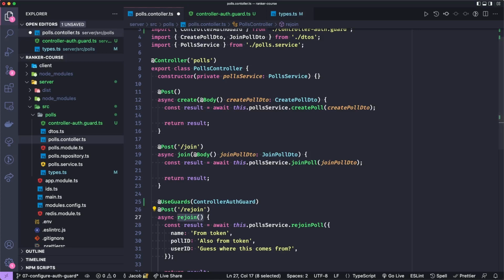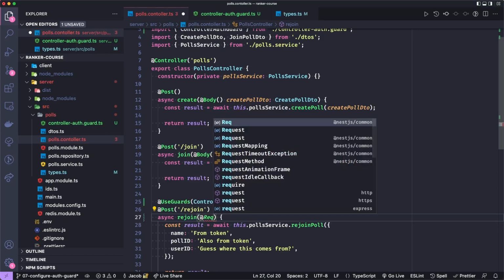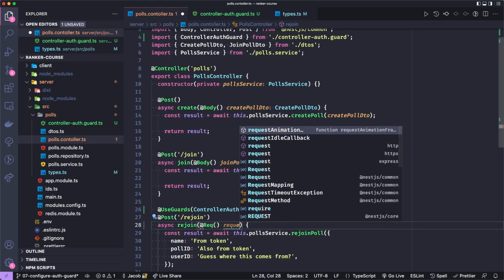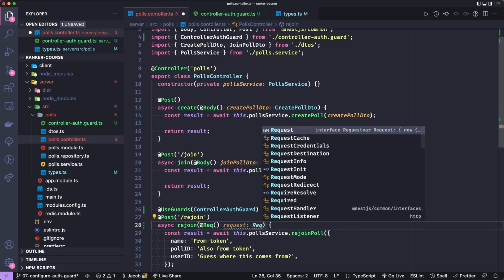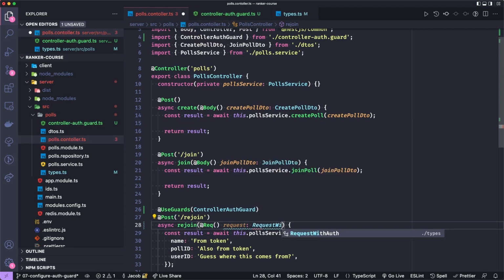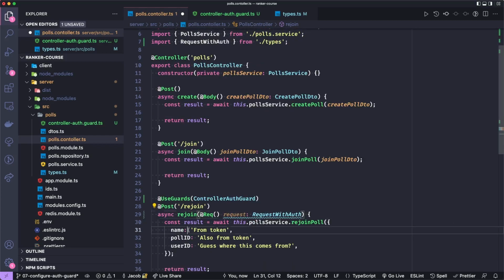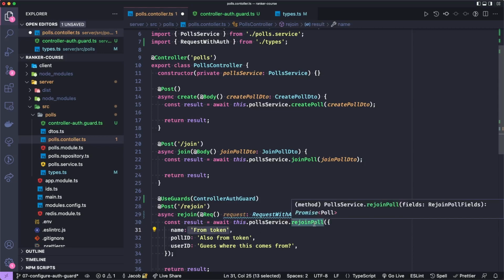So let's do that. And we do it with the @Req decorator for request, and that is from NestJS common. And let's call that as a function, and we'll call it request. And remember that type is called RequestWithAuth, and we'll import that from /types. So now all we need to do is replace this dummy data on the right-hand side of this object that we're calling rejoinPoll with the actual data